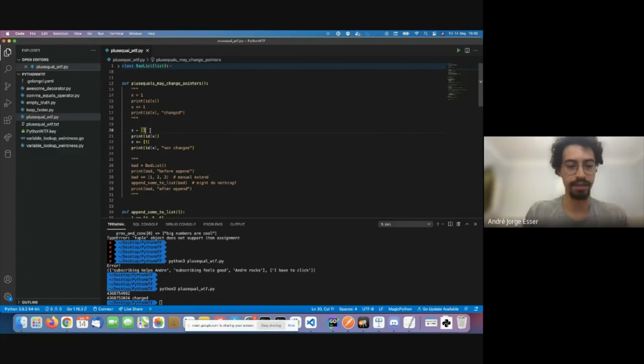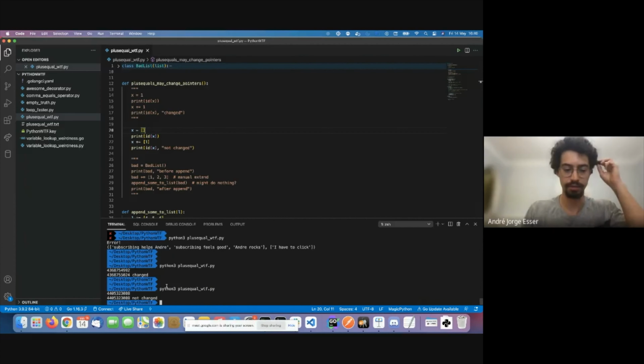So now x is an array. Now we apply the plus equals operator again to it, appending a 1 essentially, and checking the result. So it's the same. Now in lists, this actually makes sense, right? Because